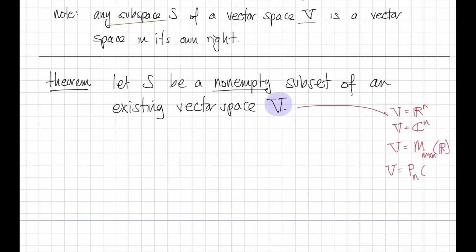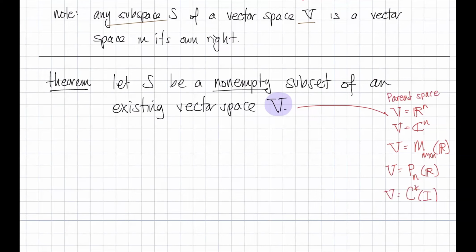Polynomials of degree n or less with real coefficients is going to be a common vector space. And then later in this class, continuous functions with at least k derivatives over some interval I is going to be a vector space. And so in this section, we're always going to be working probably with one of these vector spaces, and I'm going to call it